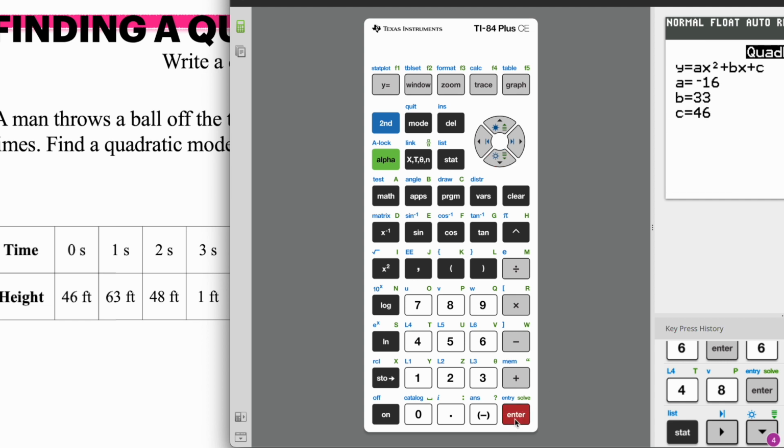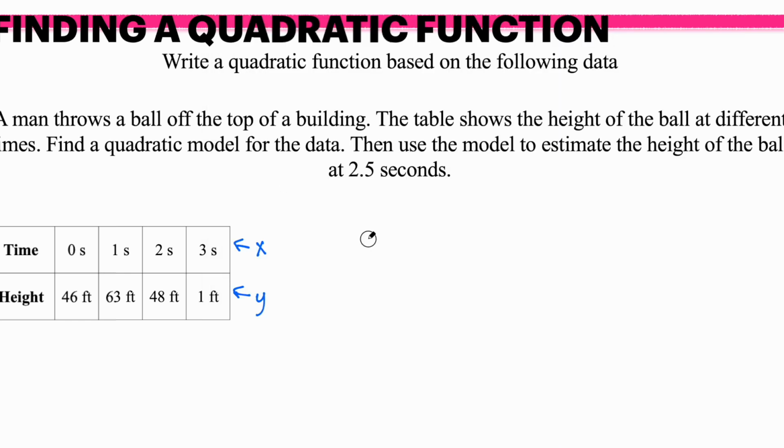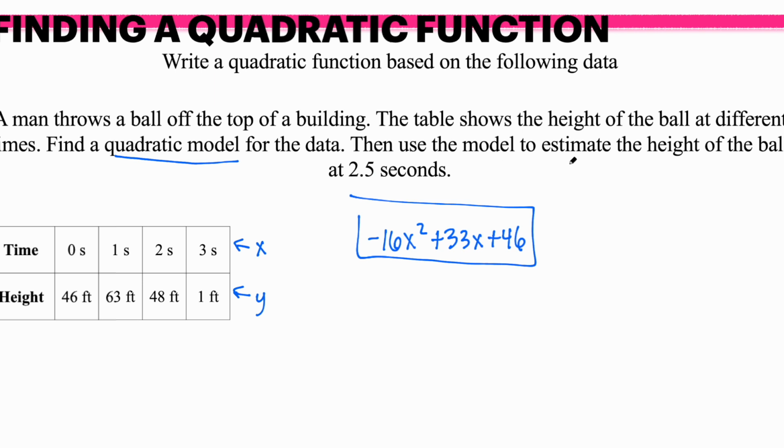Hit Enter, and there are your numbers. -16, 33, and 46. So first, I have found the quadratic model. And now we want to use the model to estimate the height of the ball at 2.5. So I can take this and I can plug in 2.5